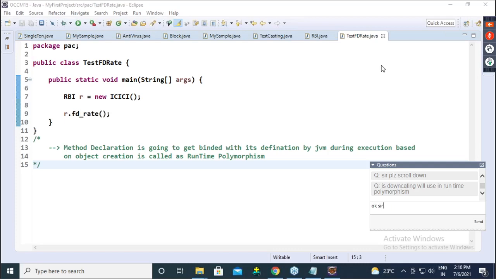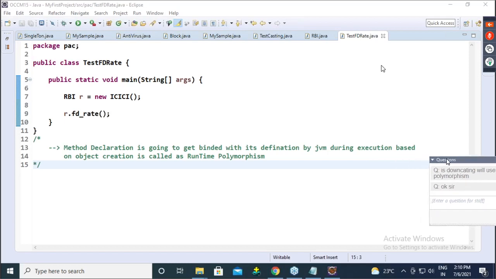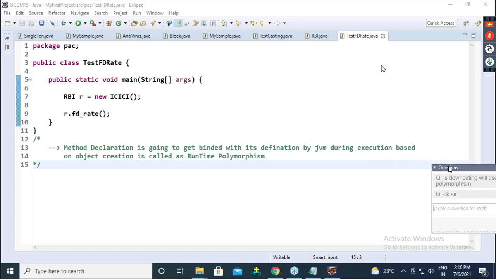Little doubt in auto upcasting. What is your doubt, Aditi? Can you speak? I can give you mic access. Turn on mic.